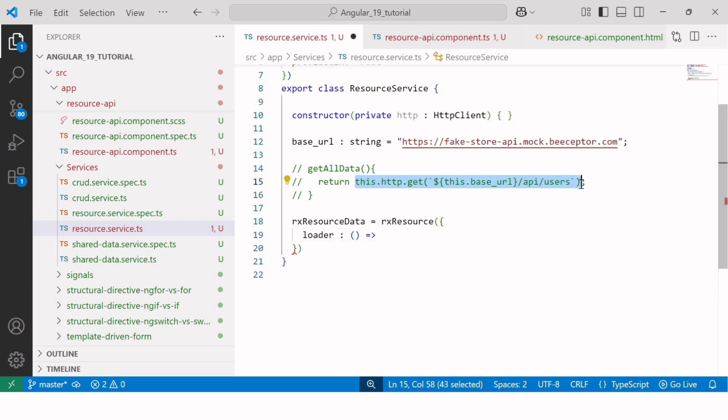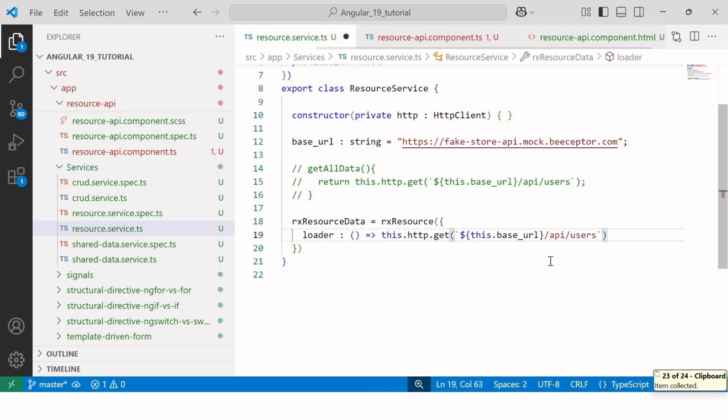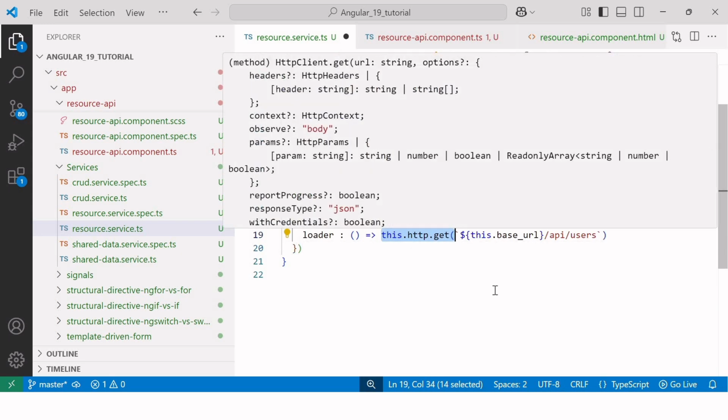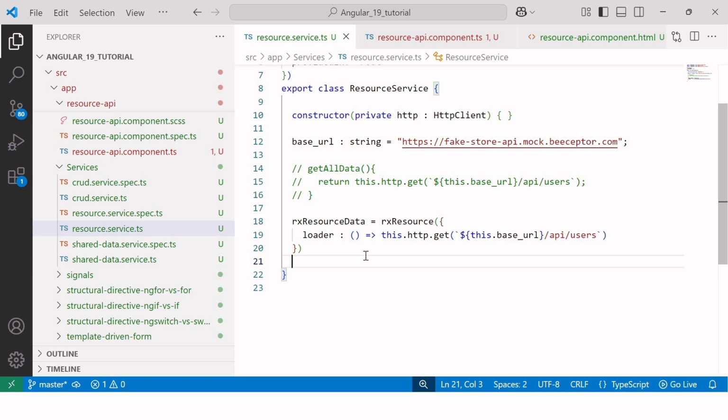So I'll copy this same HTTP GET request from line number 15 and paste it to line number 19. So just like before, this http.get method returns an observable. Now, normally a component needs to subscribe to the service data to retrieve the observable API data. However, rxResource automatically handles subscription and unsubscription to the observable. So as a result, we need to store this rxResource data variable in a local variable within the required component